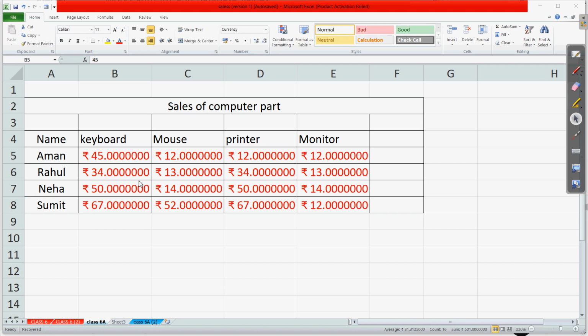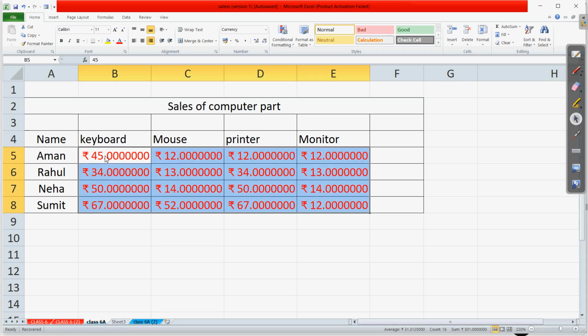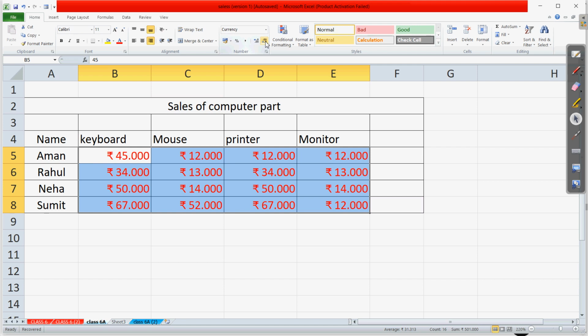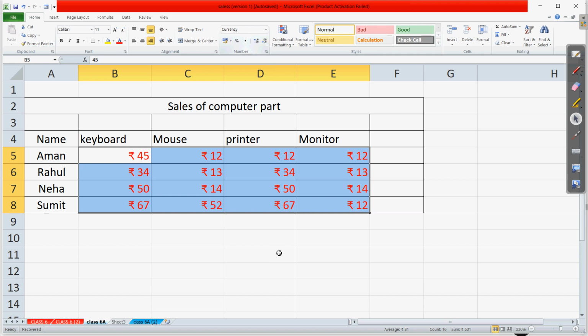Now let us see the decrease decimal option. So this is the cell selected. Now let us click on decrease decimal. You can see when I am pressing this, the number of decimals is decreasing. Right now there are 4. If I click again, it is 3. If I click again, it is 2. Clear? If I click again, it is 1. If I click once again, the decimal point will be removed.